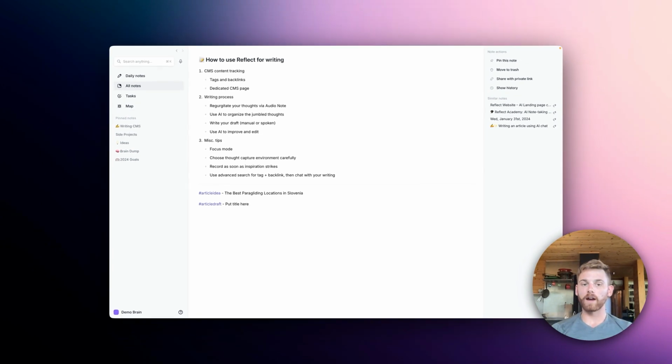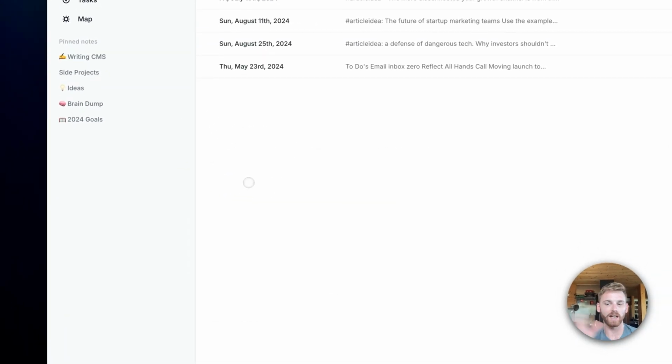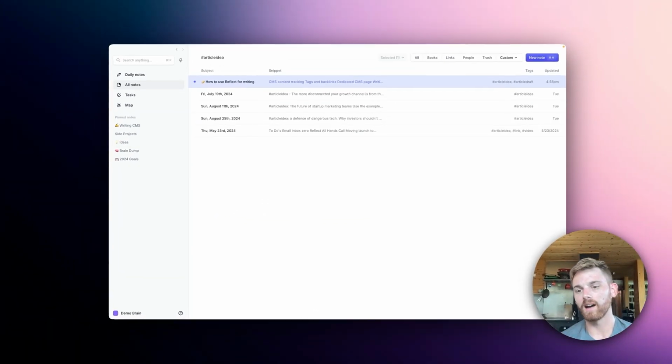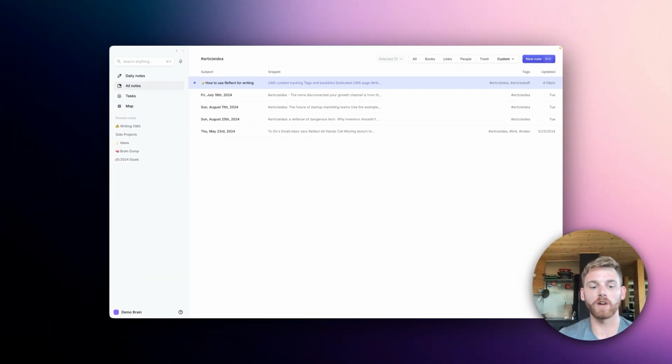And in reality, if I were doing this, which is why I did this initially, I would delete the article idea tag because I don't want both tags on there. I just want one. And if I start writing it, it's no longer an idea, it's a functioning article draft. And if I'm actively writing it, I don't want the article idea tag, because when I'm